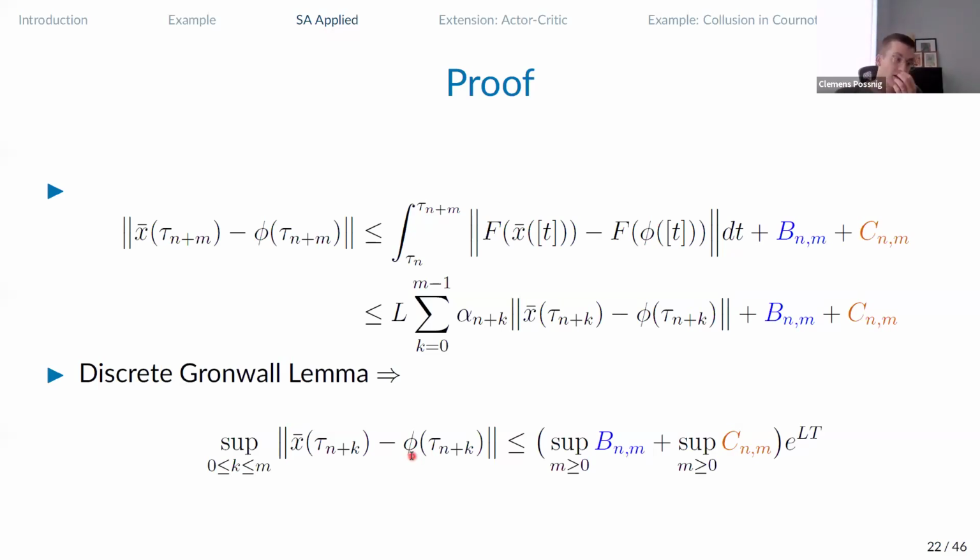What I've shown you here is only on the discrete timescale for n and m. What we actually want is continuous t and s from the definition of pseudo trajectories, but that's pretty quickly done by realizing again that the step sizes go to 0. So these tau n's are really going to cover very soon all of the continuous times as well. And that gets you the result. So that's how you get from your discrete time difference equation to a continuous solution.